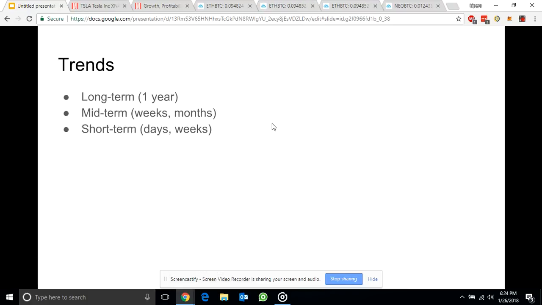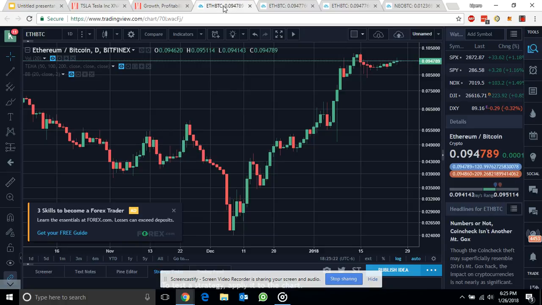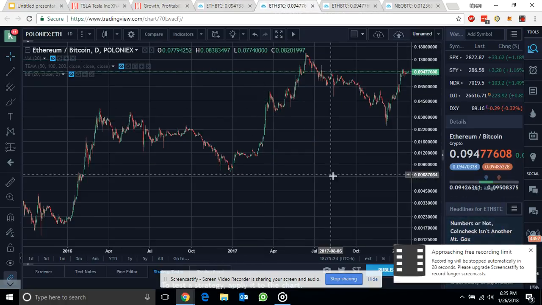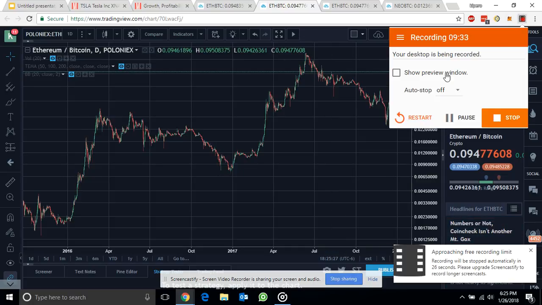All right, so let's talk about trends. We can divide them into 3 subcategories. Long-term trends, where you would use a weekly or daily basis to determine the trend, and you would probably want to look at at least 1 year of price action to draw that trend. Mid-term, you would consider weeks or months and use a daily basis as well. In the case of short-term trading, you would look at maybe an hourly basis for the past few days or weeks. So let's go over here and look at this chart. Let's try to draw a trend. Here I'm using